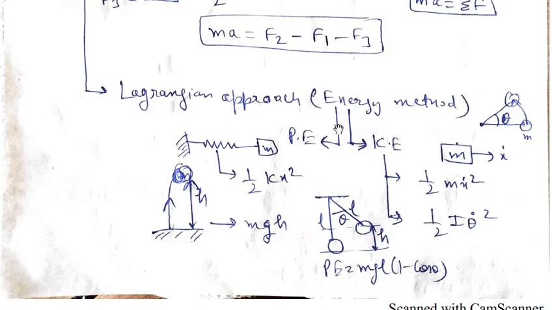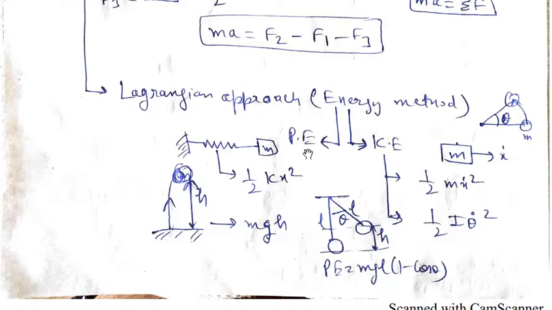The second thing is the kinetic energy. The kinetic energy stored in a body, as I already said, is related to velocity, that is half m x dot square. Similarly, for the pendulum, whenever we have angular motion, the mass is replaced by the mass moment of inertia, and x dot is replaced by omega square, or in general theta dot square. So these are the various energies you are going to see in the different mechanical components. Basically, our energy method depends upon two main energies, the potential energy and the kinetic energy.